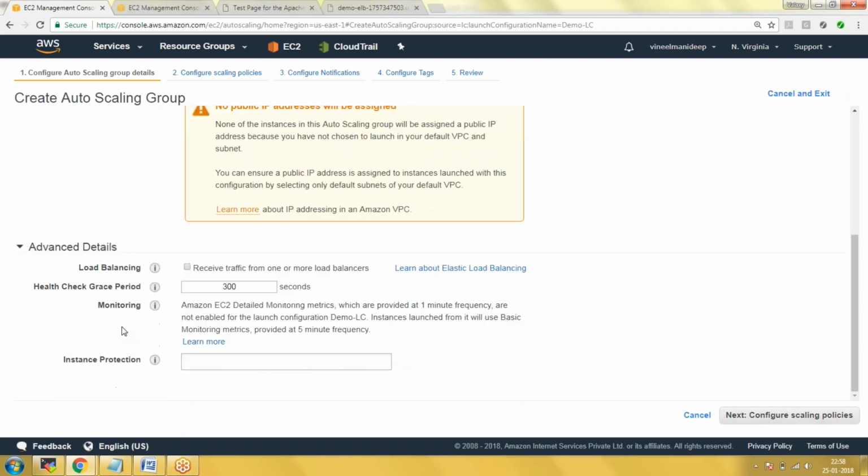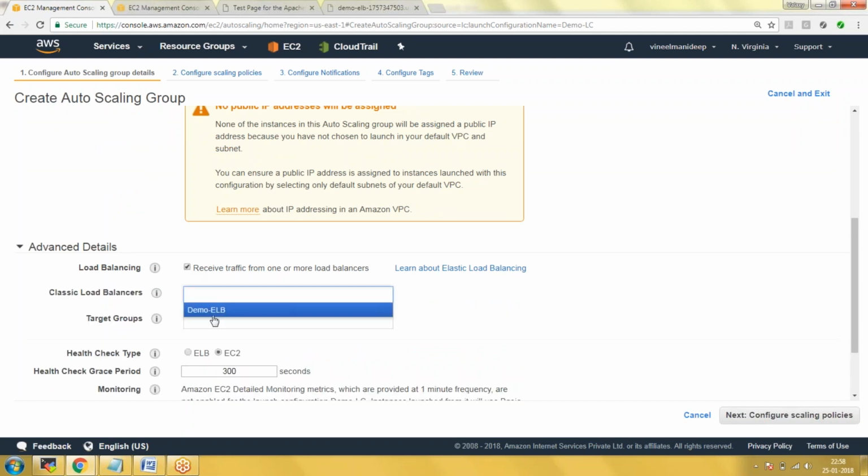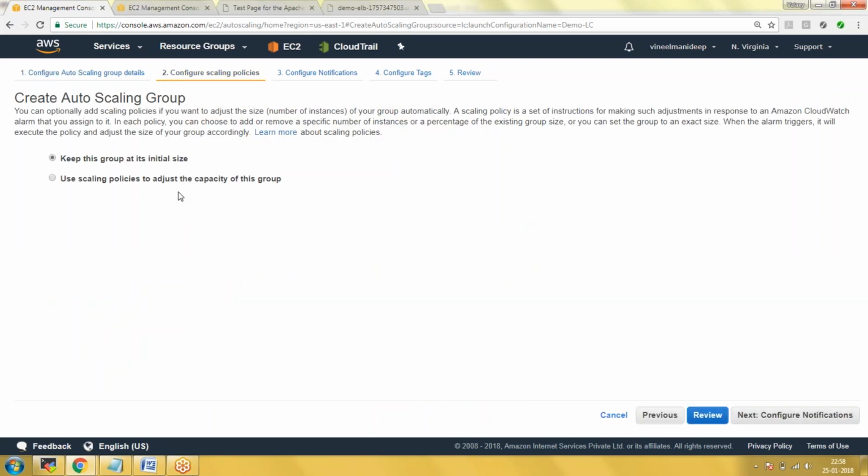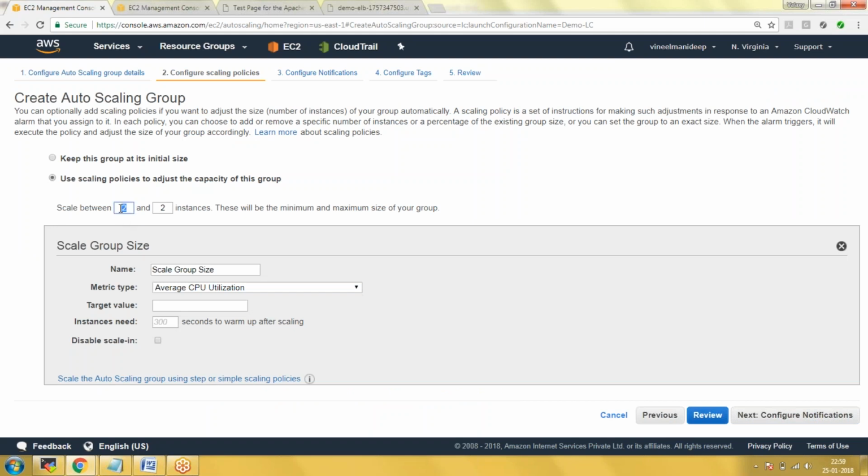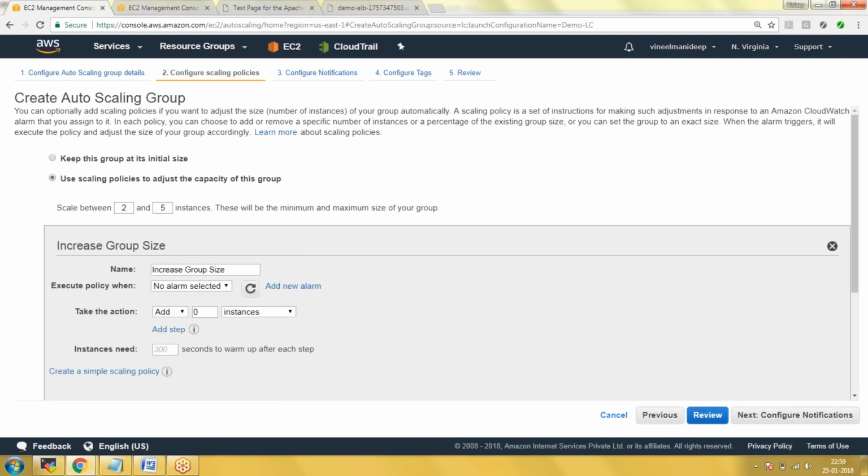In advanced settings, here we want to use the load balancer, so I'm adding my demo ELB. You can change your size by selecting the minimum and maximum. Minimum I'm giving 2 and maximum I can give 5. And when to scale this one,